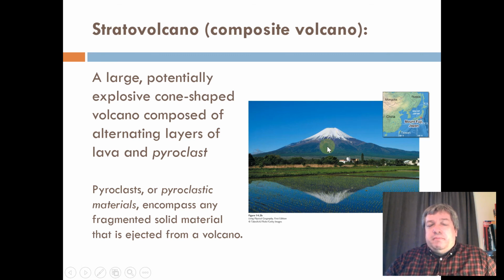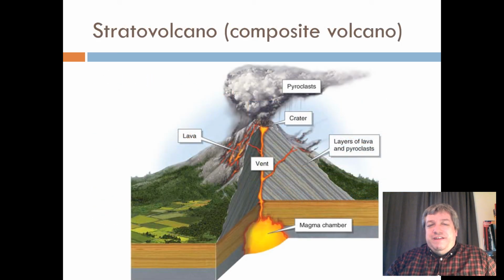They are built up of layers of lava, which is rock that is molten on the surface and then hardens, and pyroclasts, which are basically volcanic materials. We're going to go into those in a moment. But if you were to cut it in half, you would actually see these layers. Every time a volcano erupts, this magma and these pyroclasts come out of the crater, out of the vent, settle down the sides, and harden. And it just keeps on building and building, layer after layer after layer.